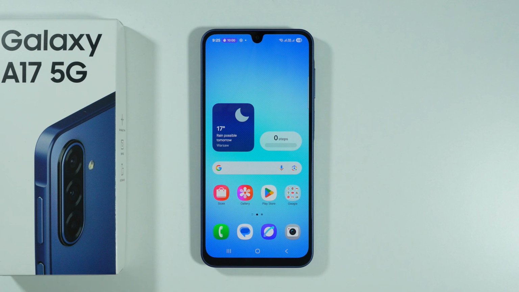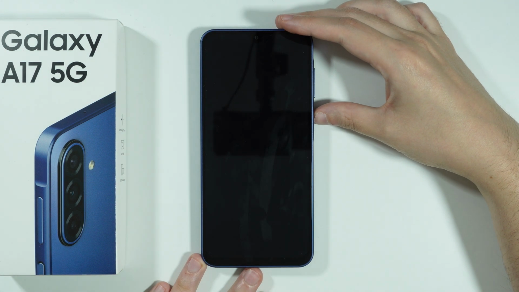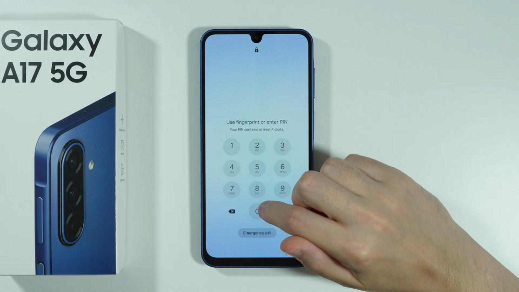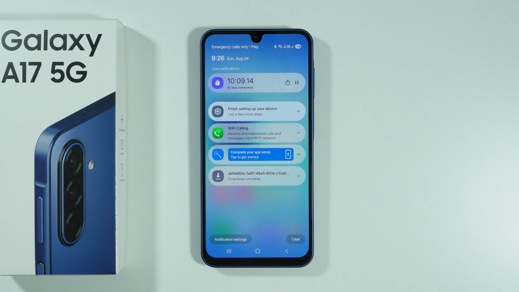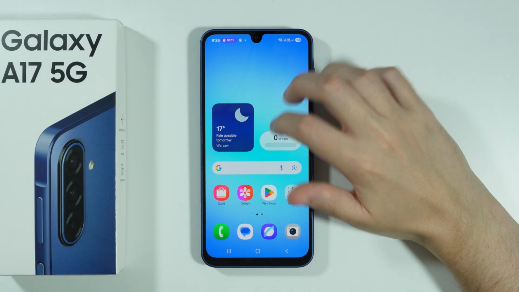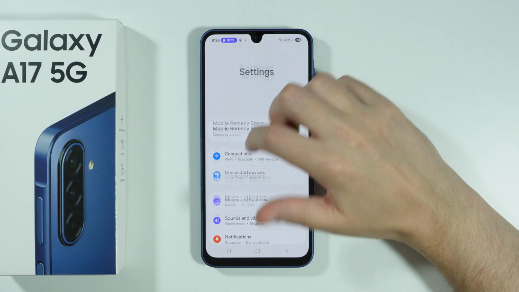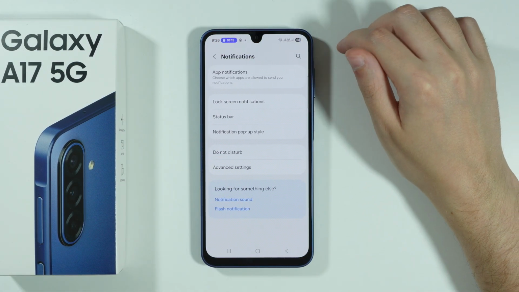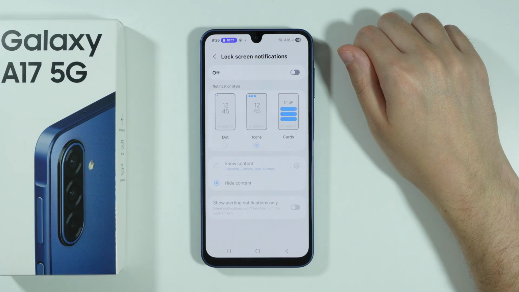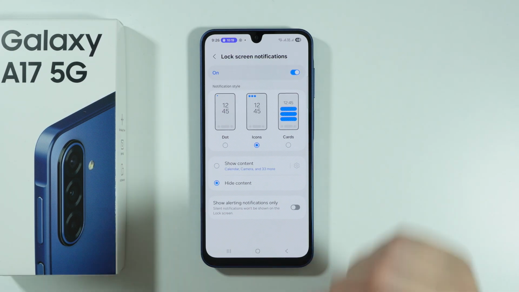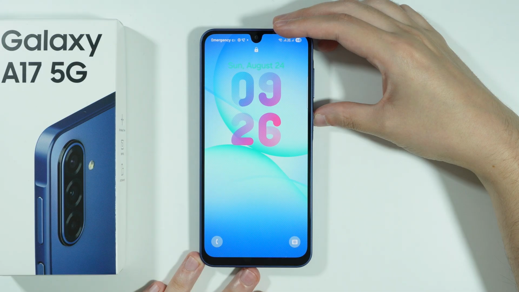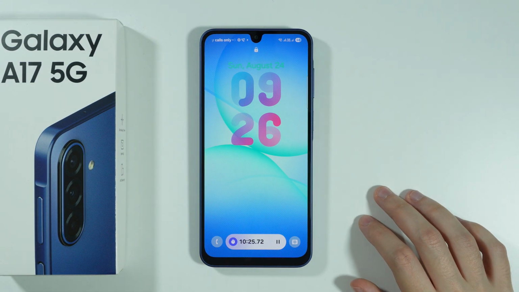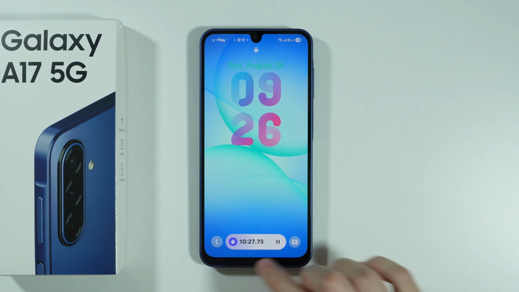If you don't have the now bar in the lock screen on your Samsung Galaxy A17, even though you are actually running an app in the background that is compatible with the now bar, then what you can do is open the settings, and first we're gonna go to notifications and open lock screen notifications. We need to make sure that lock screen notifications are enabled. And now if we go to the lock screen, as you can see, we do indeed have the now bar